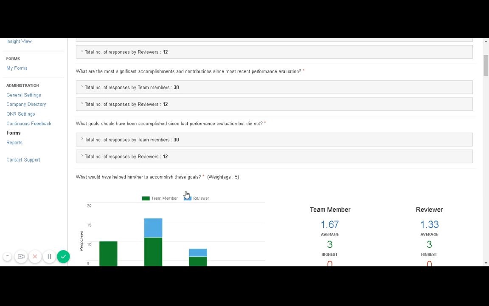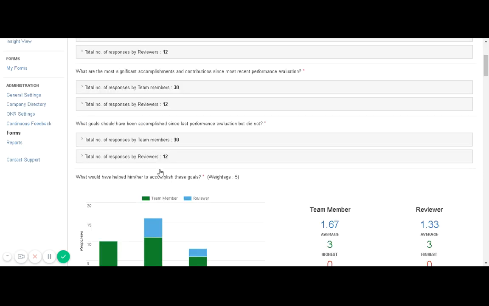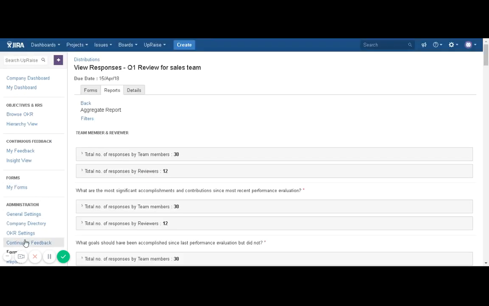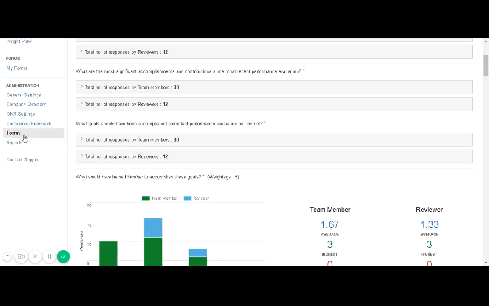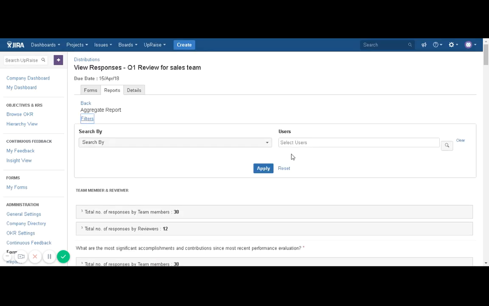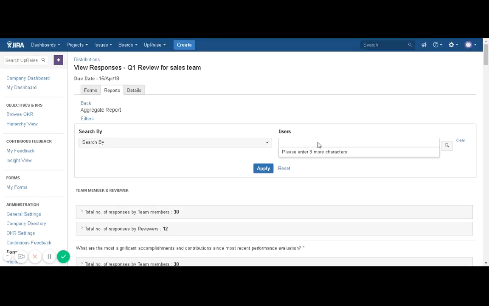Once you click on aggregate report, it will show you the aggregate report of the selected distribution. It will show you the same information that you see from the reports option for a particular distribution or template, and it also allows you to filter it similarly to the filter options given in the reports section here. So you can search answers for different users